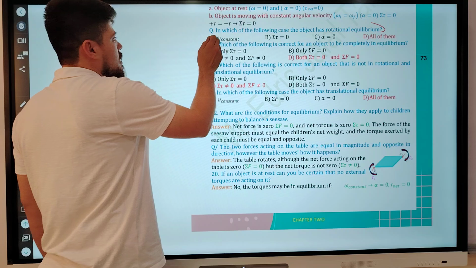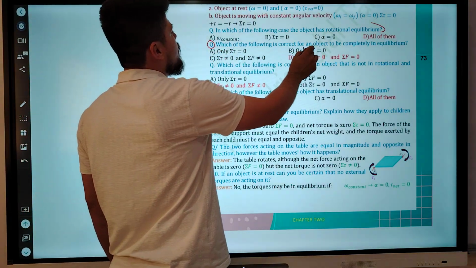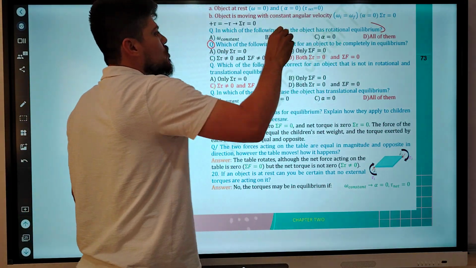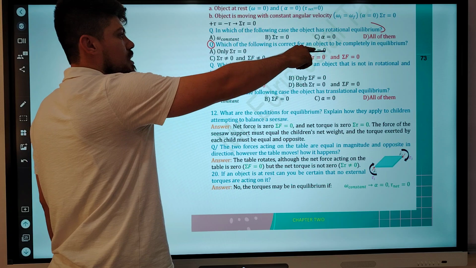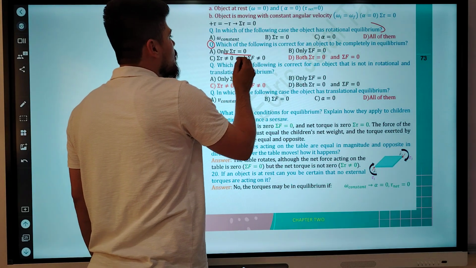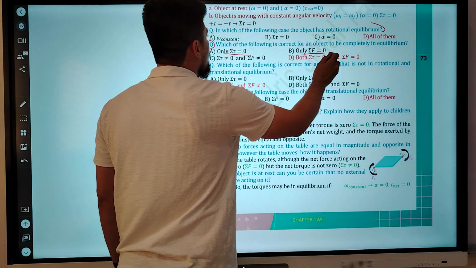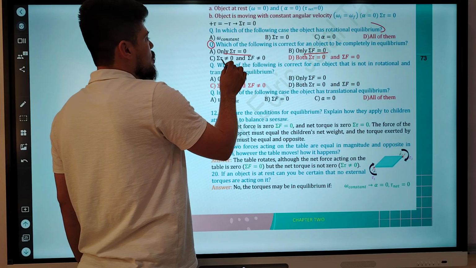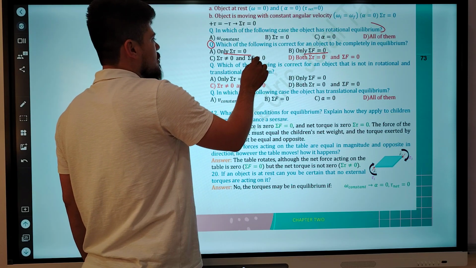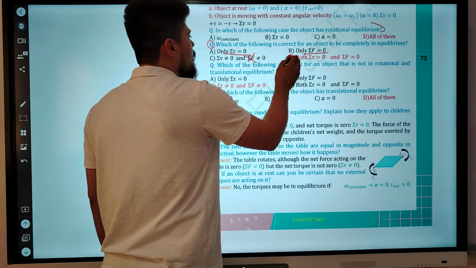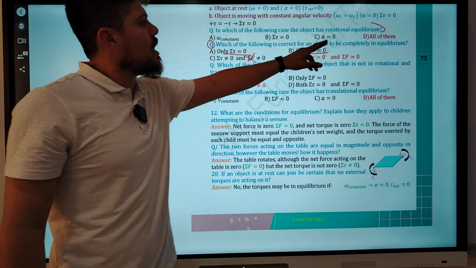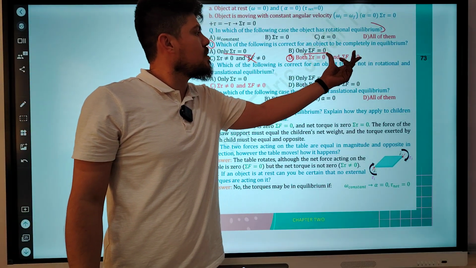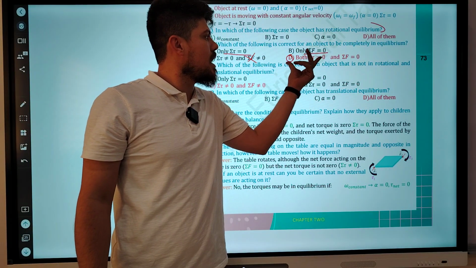Very good question. Be careful, please. Pay attention. Which of the following is correct for one object to be completely in equilibrium? Only net torque equal to 0? No. Only net force equal to 0? No. Net torque is not equal to 0? No, this is not correct. D is correct. For the object to be in complete equilibrium, both net force and net torque should be